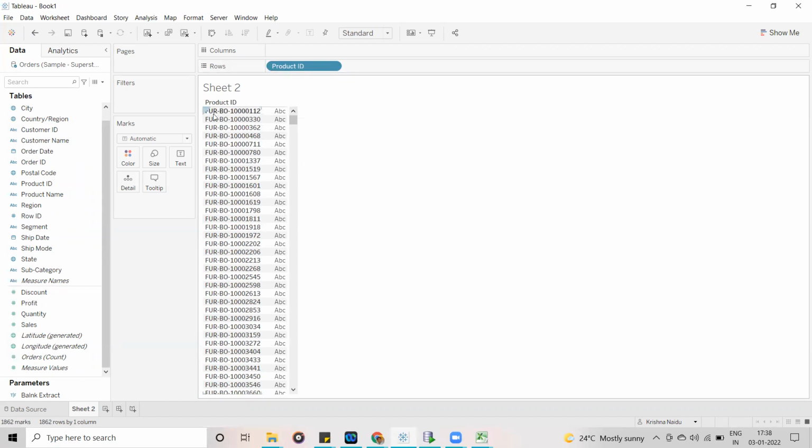It performed on a single row and extracted the output, whatever the desired output was. In a simple way, we can say row level calculations are performed on each and every individual row of the data.